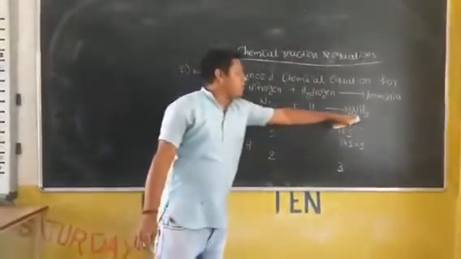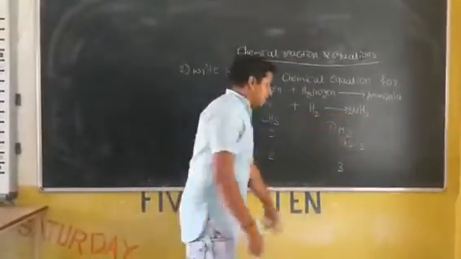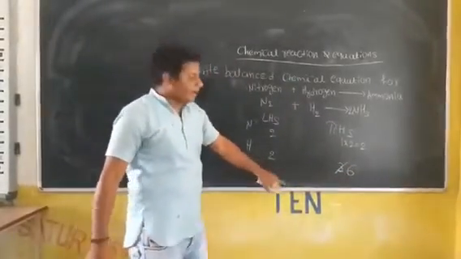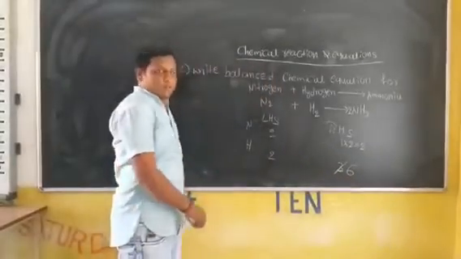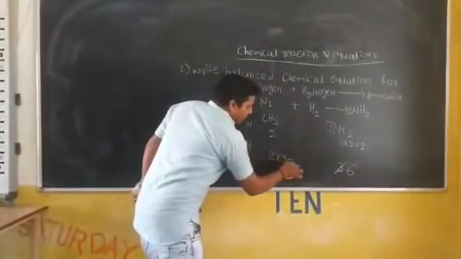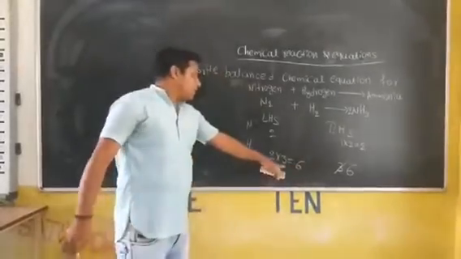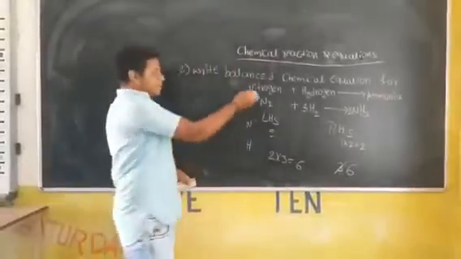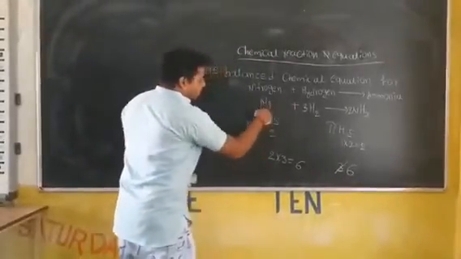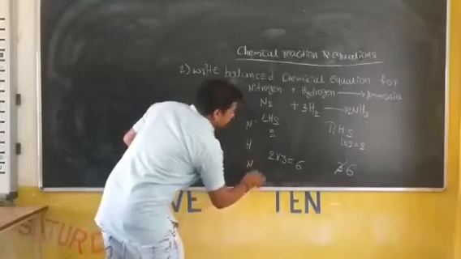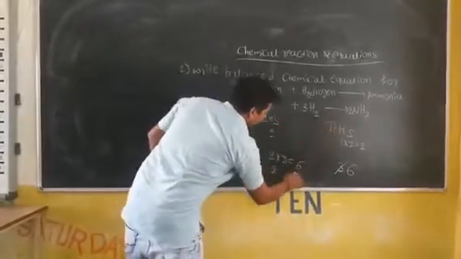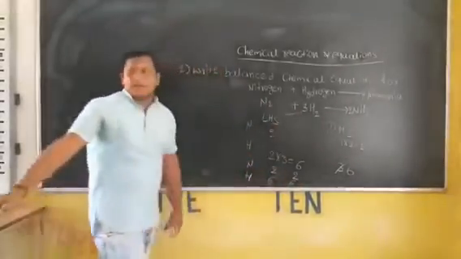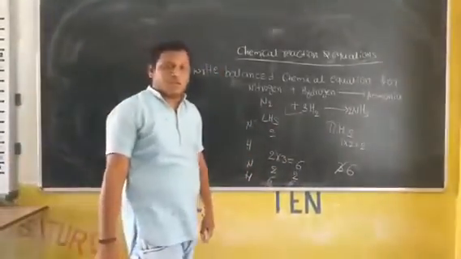Okay, now count the number of hydrogens. 2 3s are 6, it becomes 6. How many hydrogens are present? 2 and here it is 6. How do you balance? By multiplying it by 3. 2 3s are 6. Yes, here 3 multiplied by 3. 3 2s are 6. Now it is balanced. Check once again. The number of nitrogen on LHS is 2. On RHS it is 2. Hydrogen is 6 and here also it is 6. Now it is balanced. It obeys the law of conservation of mass.